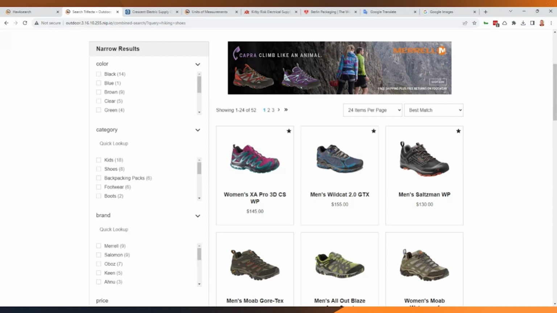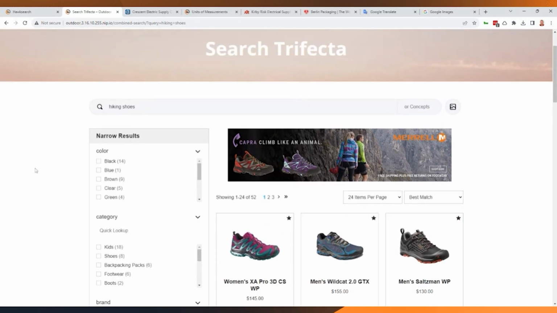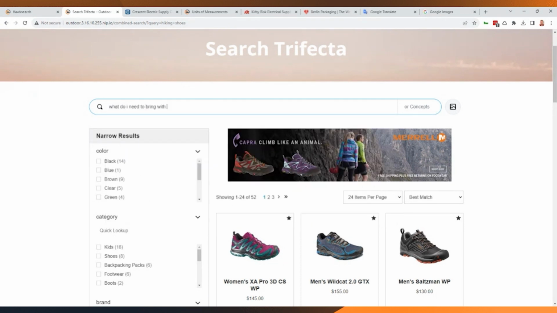But these experiences, when we're thinking about a keyword search here, do have some limitations. And that's where, if we had specific kinds of questions that we were looking to ask, or we were searching in terms that might not appear in the data, but that as human beings we understand are conceptually the same thing. The example that I'd like to use here, just to really clearly show this off, is if I'm on this camping site and I'm getting ready to go on a camping trip and I know that I'm going to be cooking while I'm out there, I might come to a search box like this and say, what do I need to bring with me to cook on a camping trip?